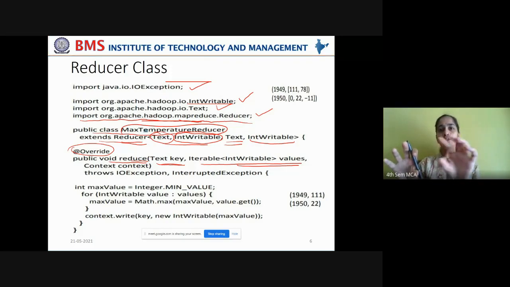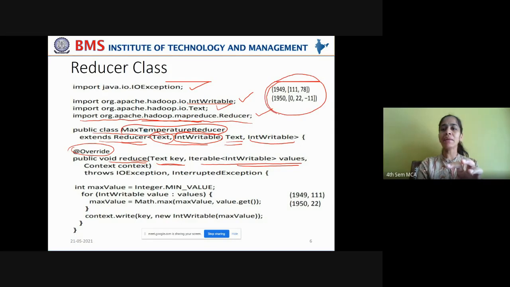Some shuffling, sorting, and grouping happens in the middle, which will convert the key value pairs emitted by the mapper phase into this format. Now you have the year and all the A temperatures captured in that year. In 1950, all the A temperatures captured are in the form of a list of A temperatures. In 1949, 2 A temperatures are captured and they are grouped as a list.